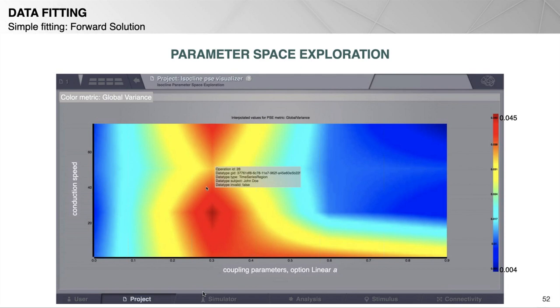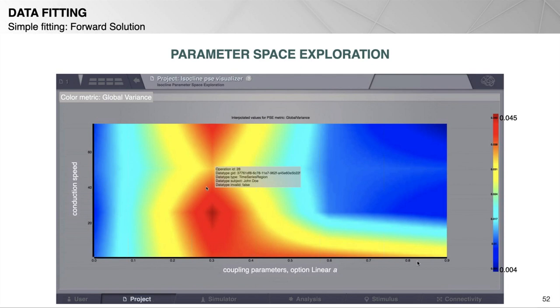So in TVB, it's possible to launch multiple parallel simulations. Here you have a screenshot of the GUI interface. In the GUI, you can vary up to 2 parameters. In Python, you can do as many as you want. So this screenshot shows you an example of this type of parameter space with 2 varying parameters.